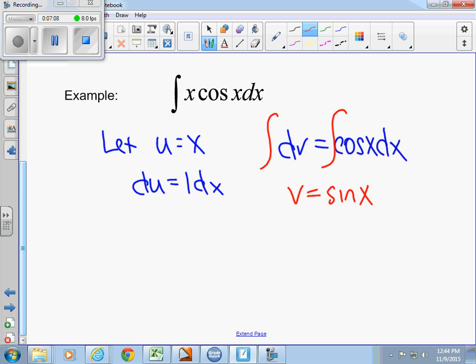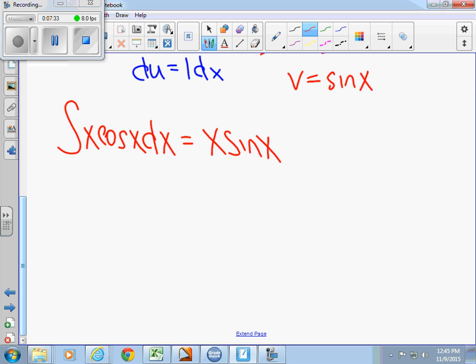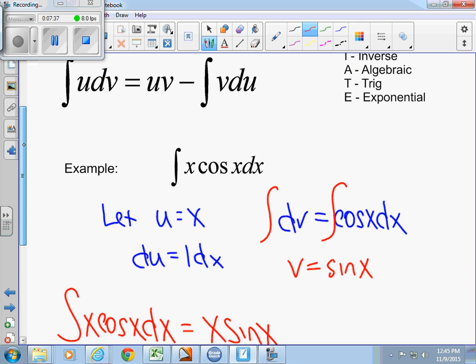So remember, the integral of u dv is equal to u times v. So what would u times v be? Any questions about that part? So I just pulled the u and the v down, so following that formula, u times v